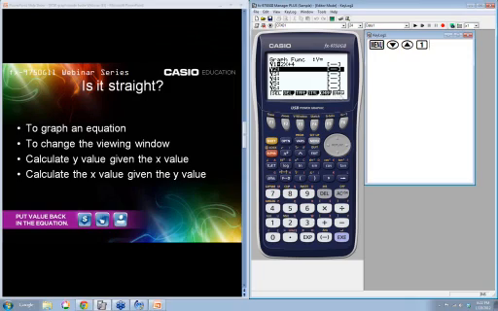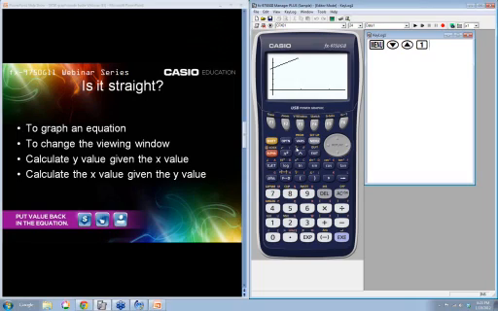Again, you can look down on your soft menu and you see the word draw. That's a pretty good indication that if you click that, you'll get something. Now, that's not exactly what I wanted. I don't know what my intercept is. I can't see my numbers. That doesn't give me a lot of information, but all I have to do is change my view window. I can use my arrows to move up and down, left and right. Okay, if all I wanted was my y-intercept, I could go, okay, I'm pretty sure, yep, that looks like it's on 4. But I want to see the whole graph, so I'm going to go ahead and make a change.